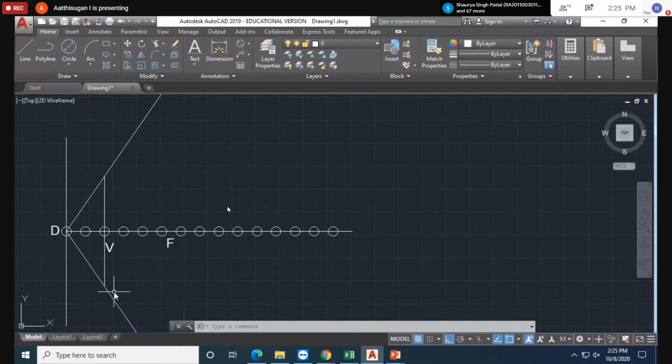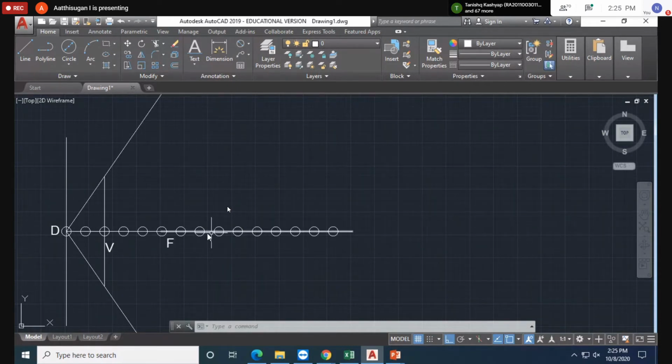Up to this, any doubt? I don't want to waste my time and your time. Any doubt? Otherwise we cannot discuss again. So why did we draw that 100 mm line? You can draw up to the full length also, because whenever you draw the hyperbola, the two ends should not touch.